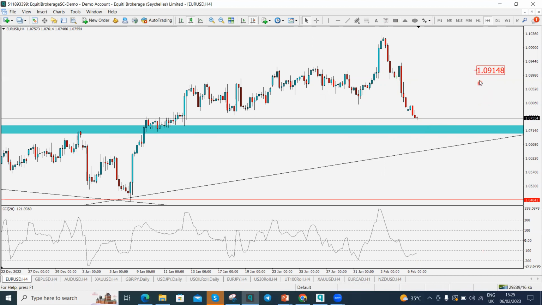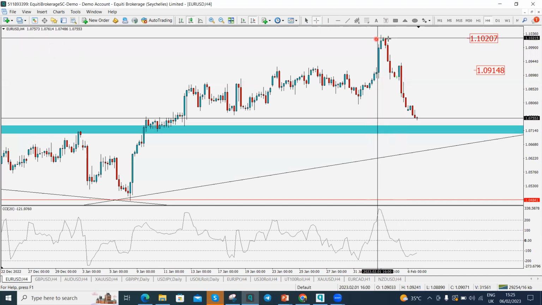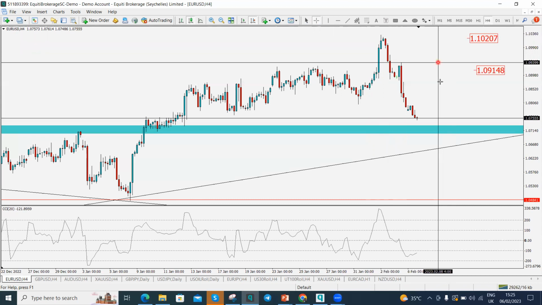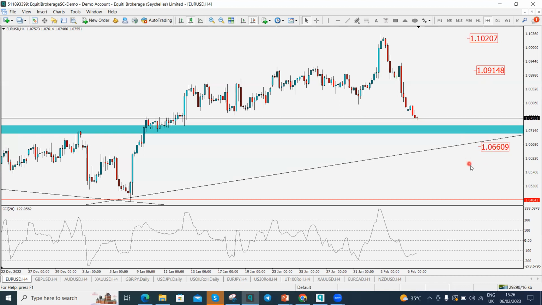And beyond that level, we're going to see also the highs of 1.10207. I mean, this particular area. So here we can have our first take profit, and here we can have our second take profit. And of course, we would most likely want to use a very tight stop loss if we have very good entry to the market. And so perhaps we can be looking at a stop loss around